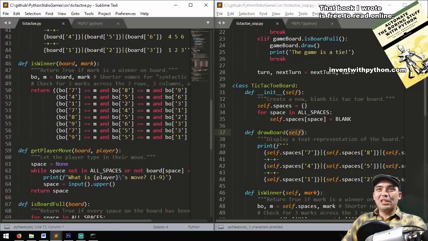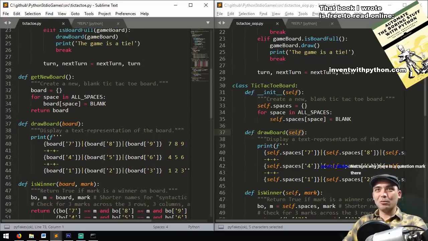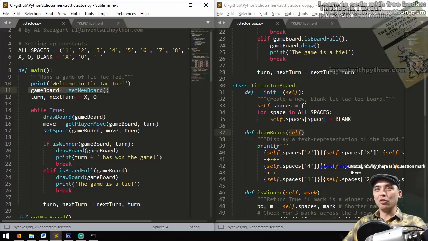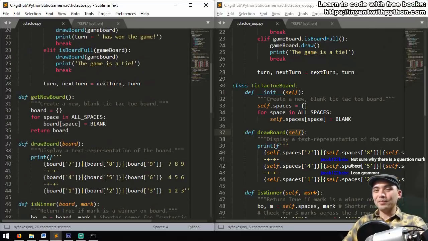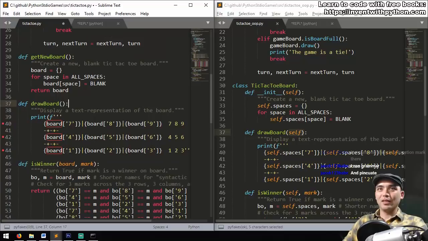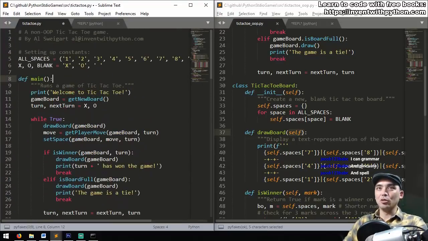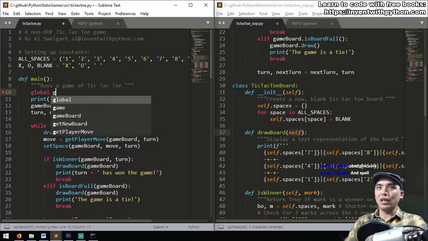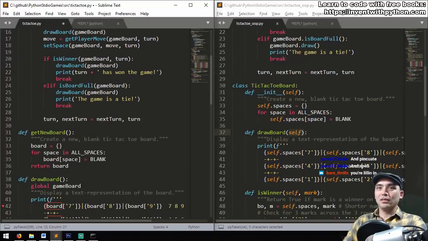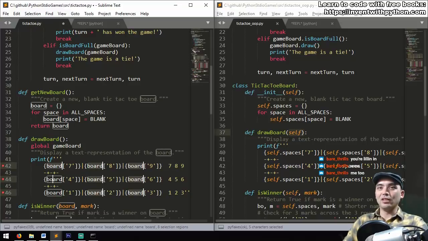Again, in this particular program we only have one tic-tac-toe board at a time, so it really doesn't matter. I mean, we could just make this a global variable. In fact, we could totally do that. What if we got rid of this entirely and just said, hey, global game board? And I guess we would need a global game board in here as well. Global game board. And then I'd have to change all of these to use that one